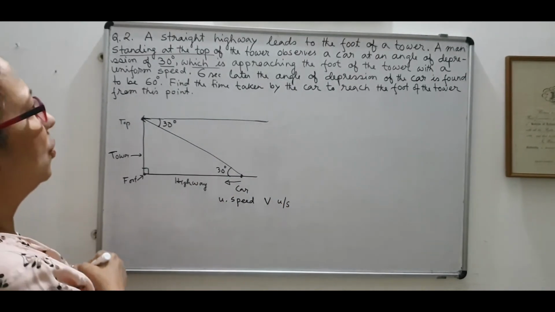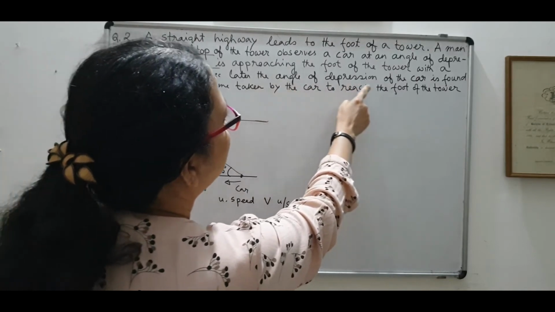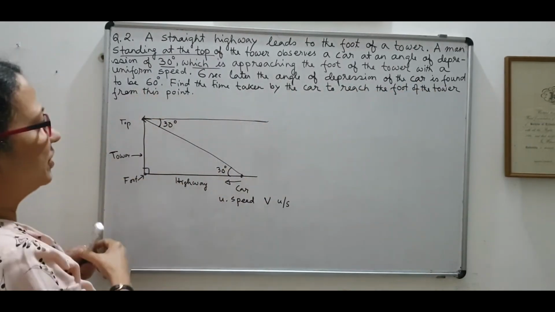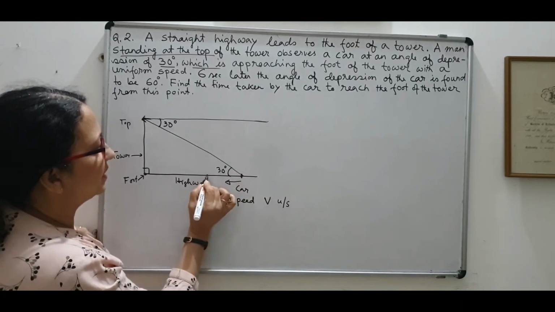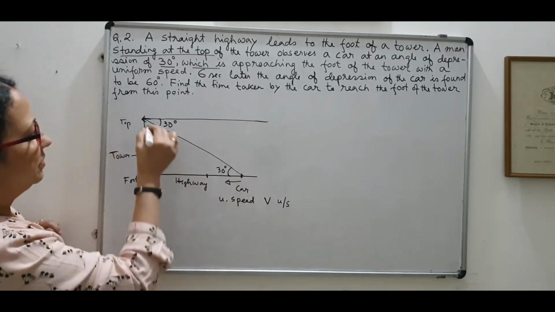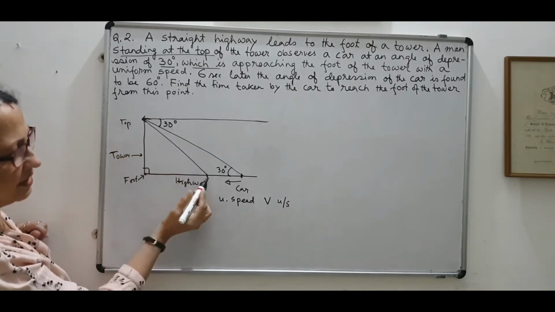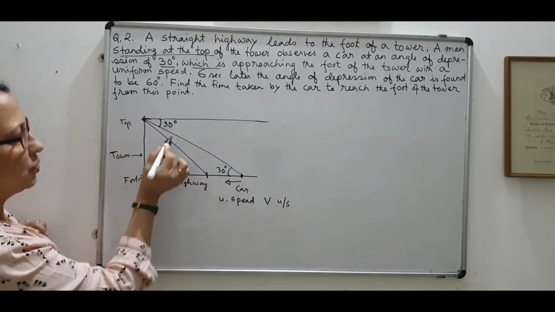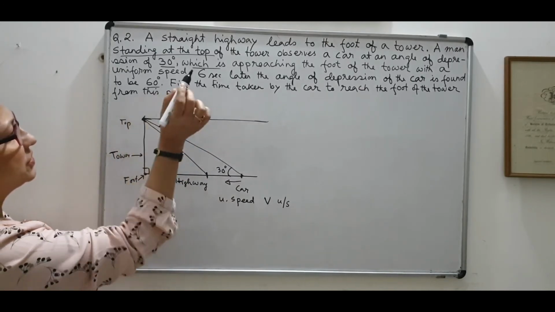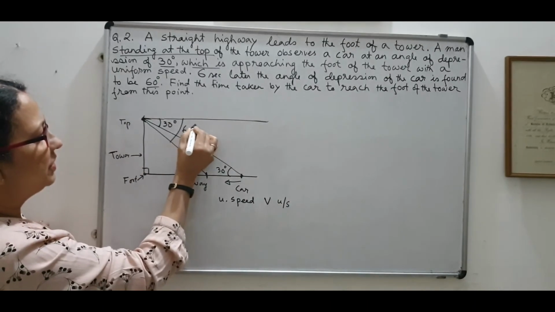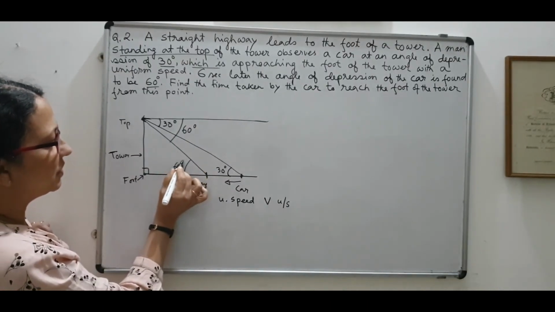Okay. So 6 seconds later, the angle of depression of the car is found to be 60 degrees. So starting from here, after 6 seconds, suppose the car is at this point. So the line of sight will now become this. After 6 seconds, the line of sight is this. So the new angle of depression is this, and according to the question, it is 60 degree, and again, alternate interior angles are equal, so this is also 60 degree.